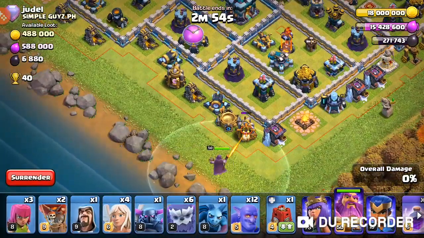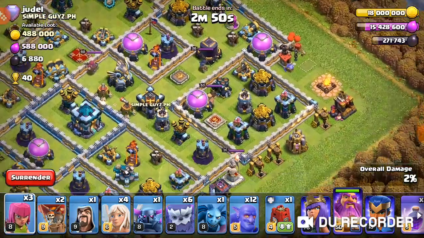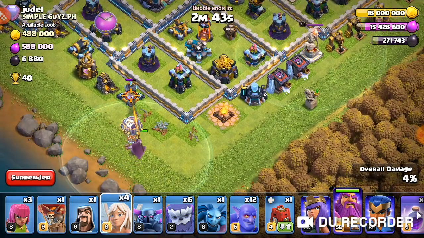That would be a better thing to upgrade. So I'm gonna Warden Walk here. I'll let the Warden work his magic. Warden will just take his time and take out a couple defenses. And one thing for a Warden Walk,